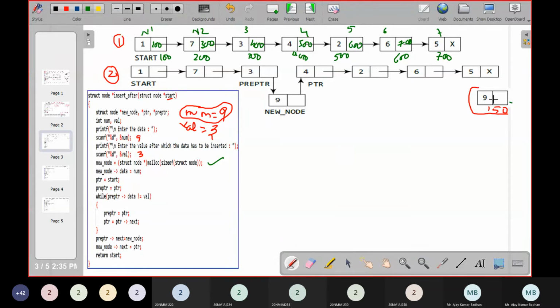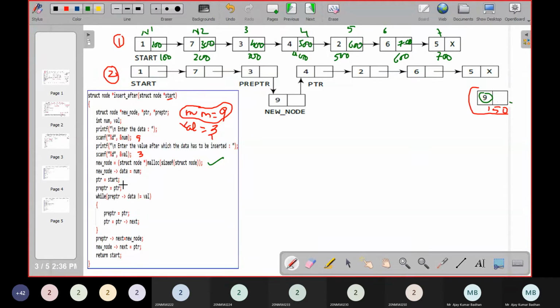Now first we have to assign the value, I mean the number, whatever we have taken. The data block needs to be filled. So new node data is equal to number. I simply assigned the number 9 here, but I am not assigning any address to this particular location. You can see here, this is empty. Why is it empty in this case? Because I need to insert this in between, so I require that particular place. That's the reason I did not assign any address right now. I simply gave the value 9.